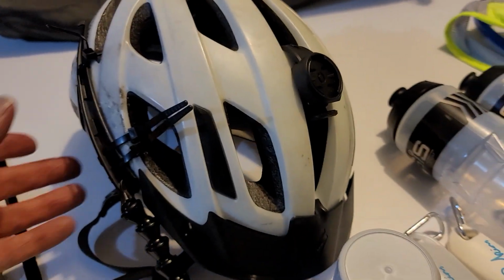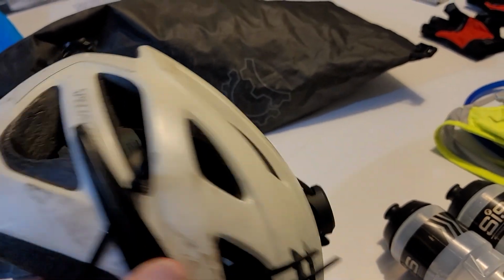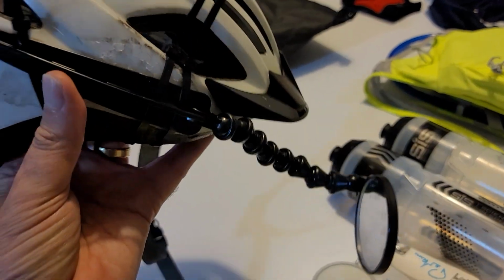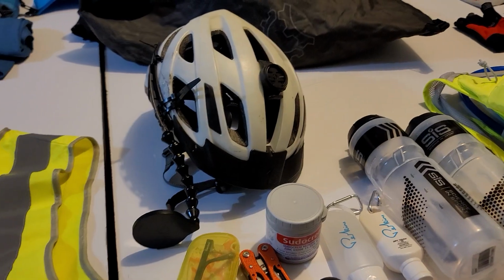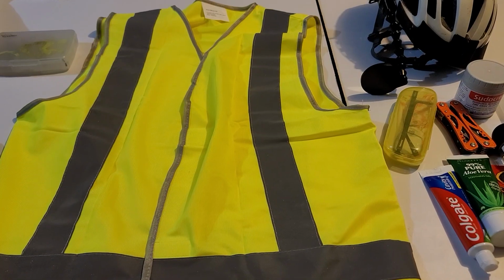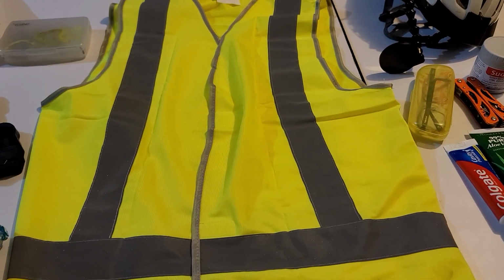Here we have my helmet. You can see here's the spot for the front-facing light and the rear light. And we've got a side mirror on the side. That's brilliant, it's adjustable. Stops me from having to turn my head and getting a sore neck. Brilliant bit of kit. From Bunnings, I've got myself a high-vis reflective shirt and that was quite comfortable when I took that for a test